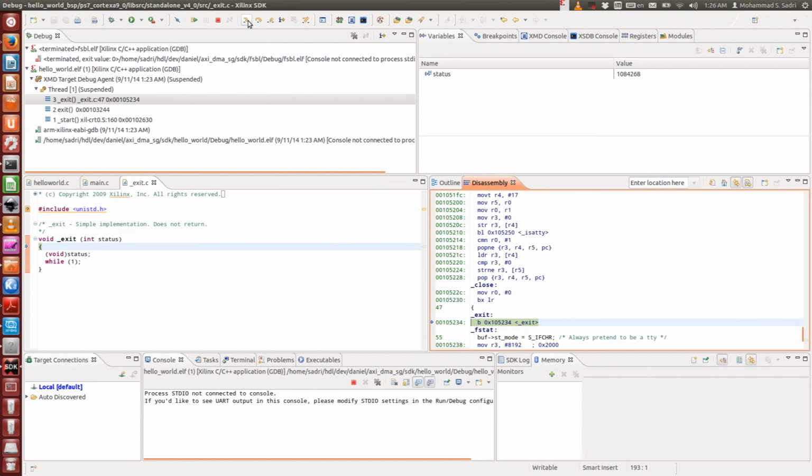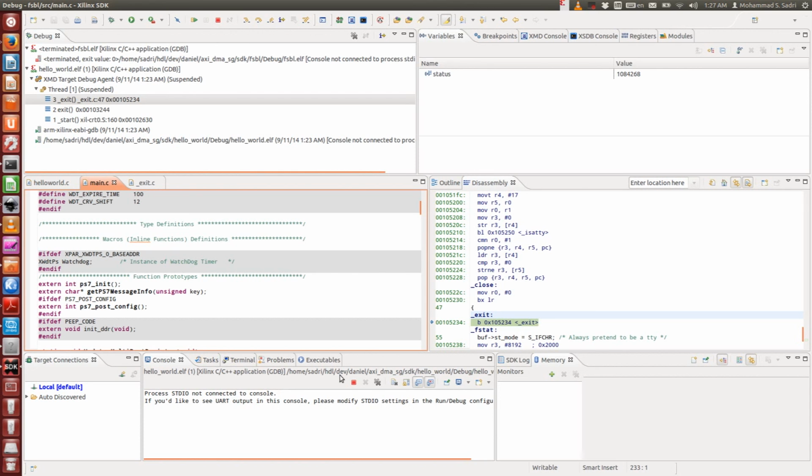Anyway, we reach this point that is called _exit, and inside this _exit we have a branch to itself, and this is the spin loop, and practically we will stay here forever, because now in the program that I have